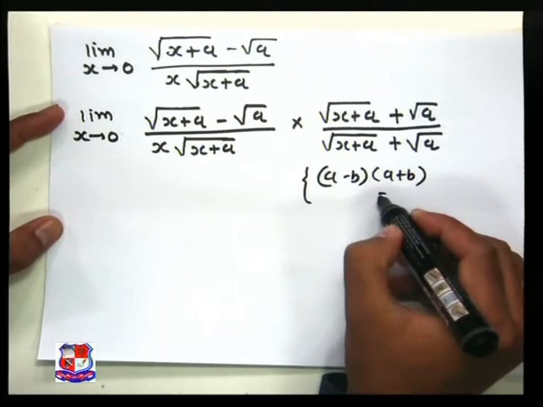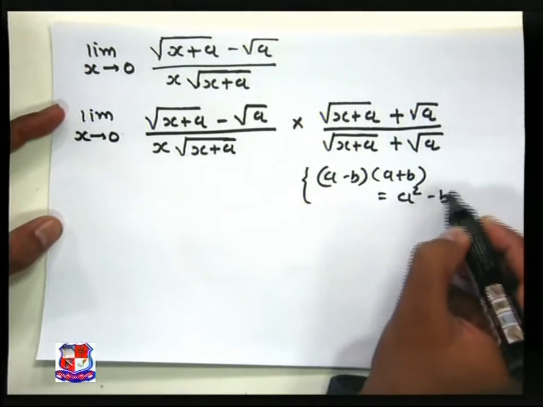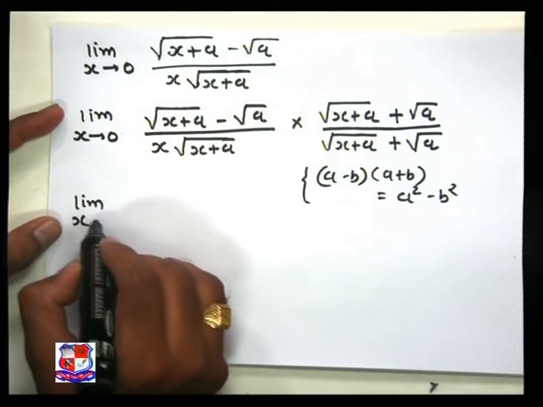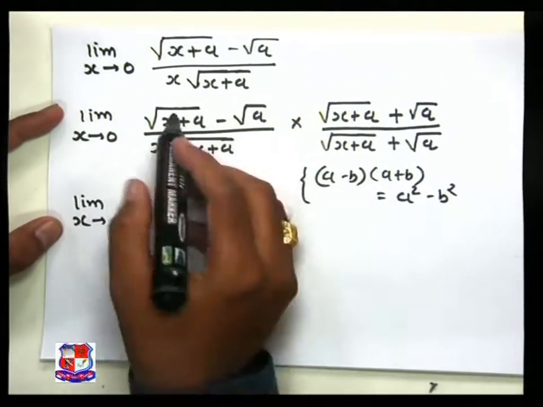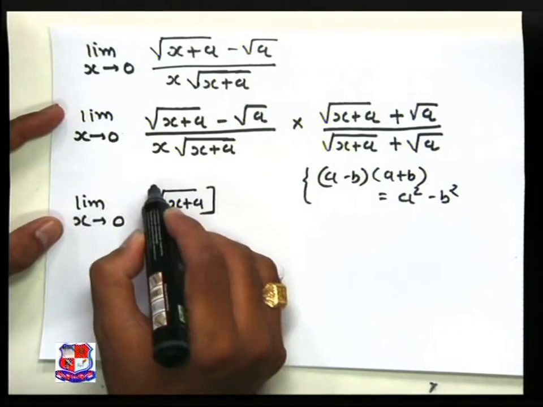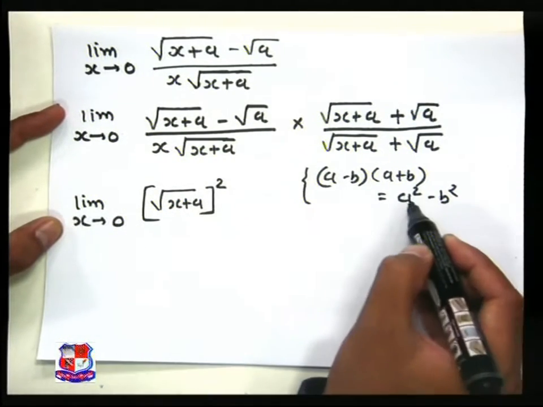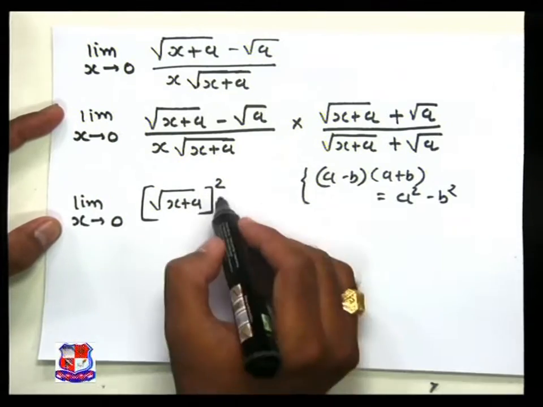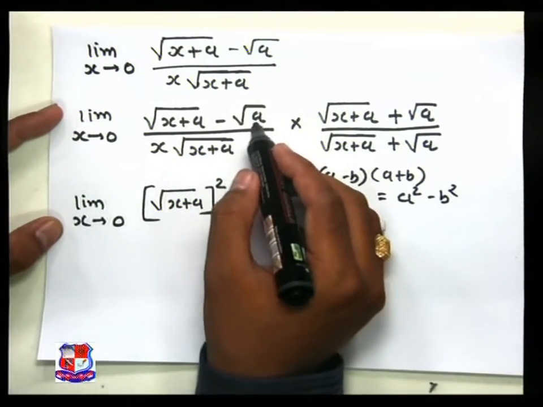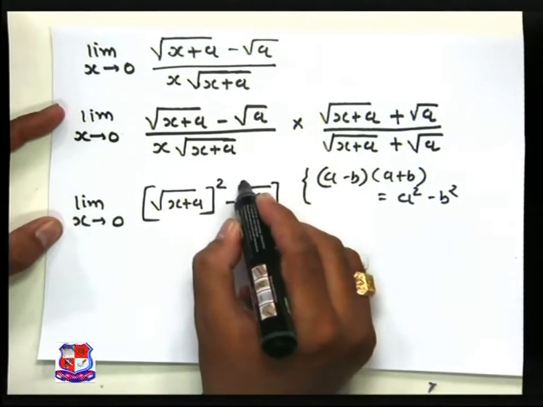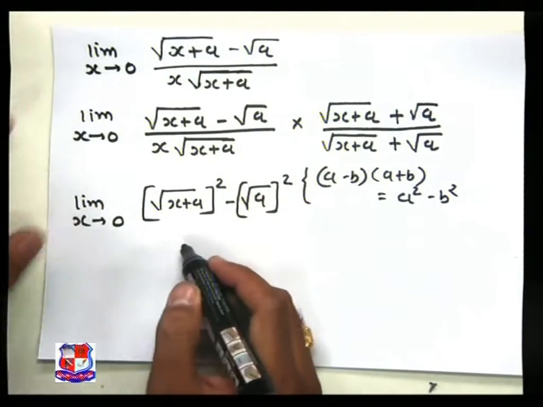So the result is a square minus b square. So here limit x tends to 0, a square, that is under root of x plus a square, because here a, so a is under root of x plus a minus b, that is under root of a, and b square, that is under root of a square,